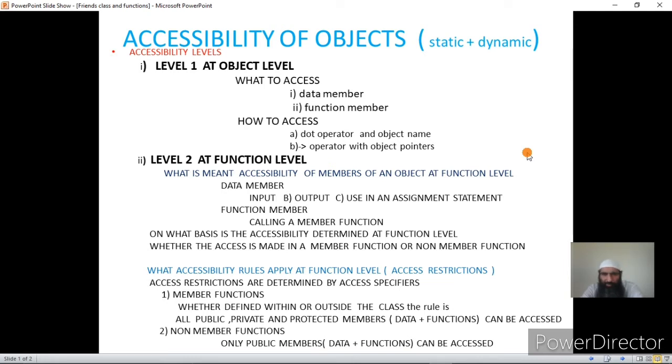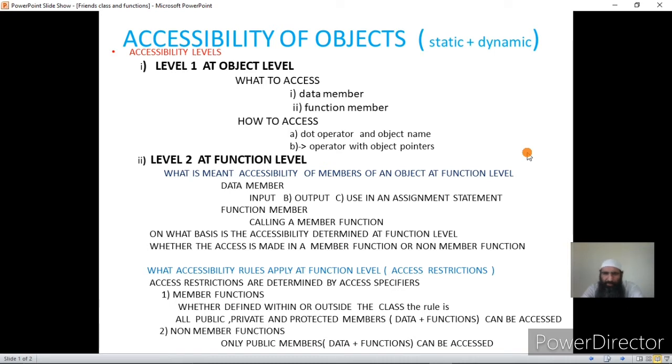We are actually giving a data member a name. Since the data member does not exist independently and the function member cannot be called independently without using the object name, that is, we have to qualify the data member with the object name or the function member also with the object name, and in that case we use dot operator with the object names.